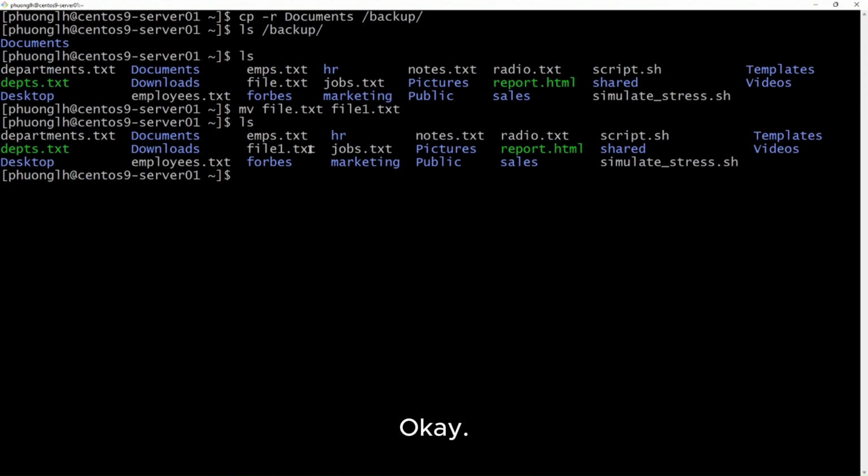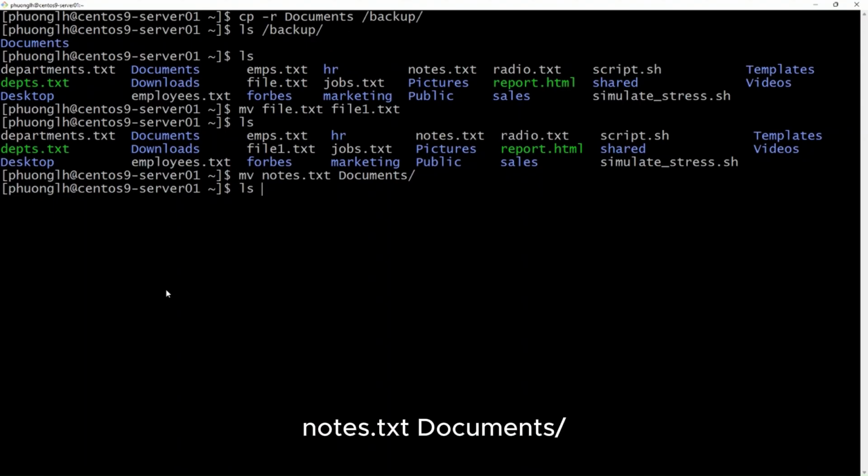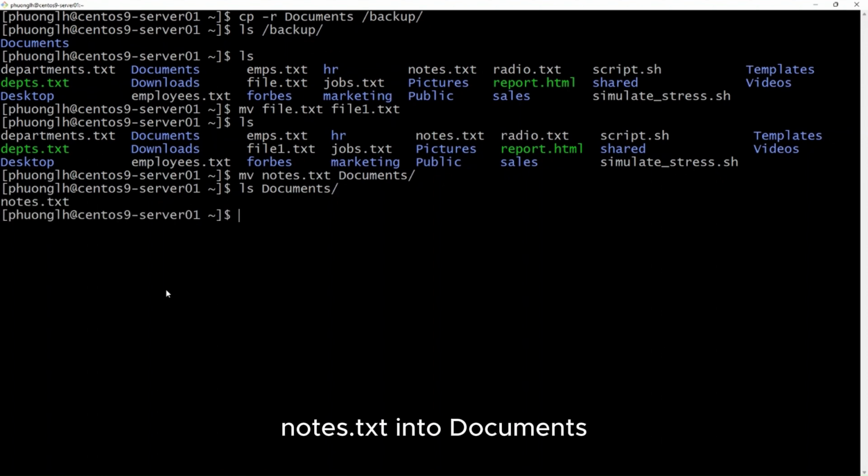Or if you want to move the file into another folder, you can do mv notes.txt documents, which moves notes.txt into the documents folder.